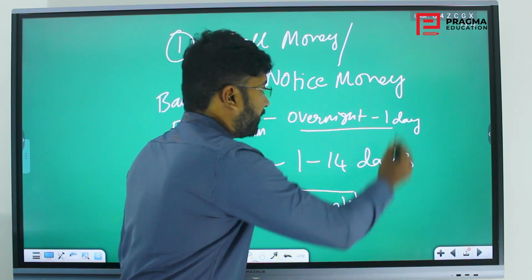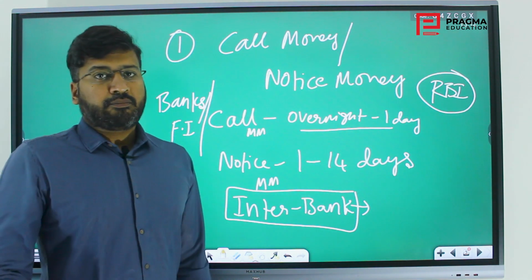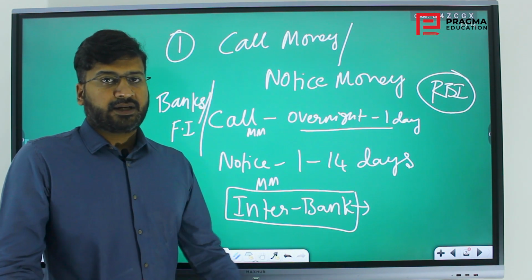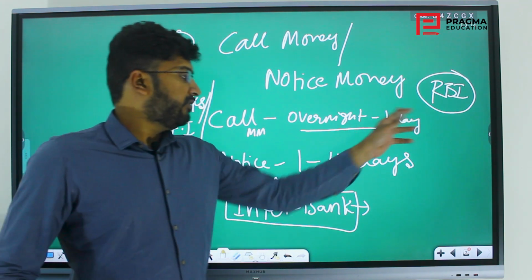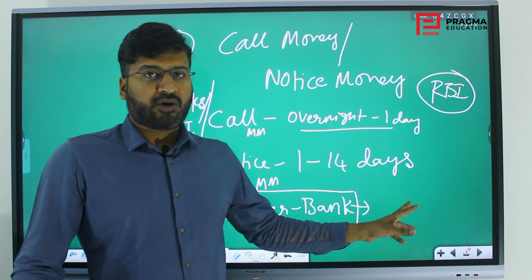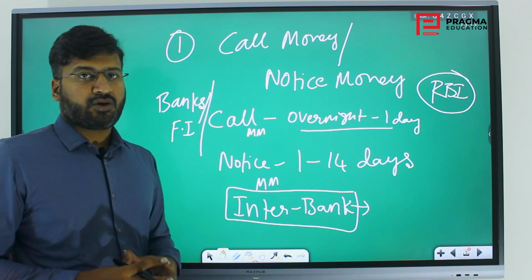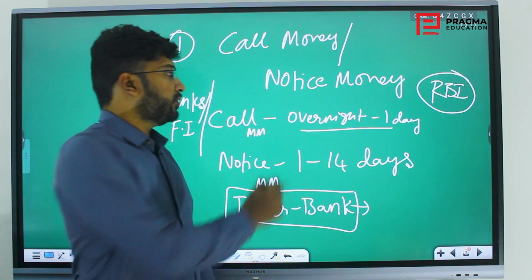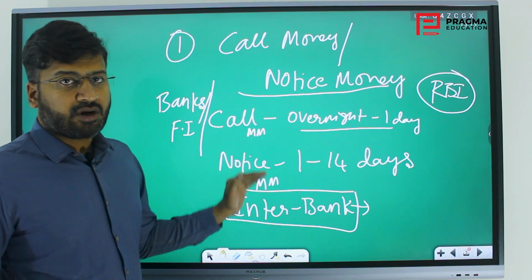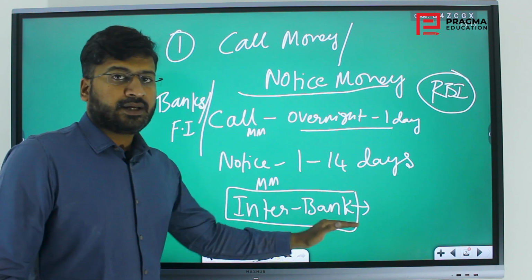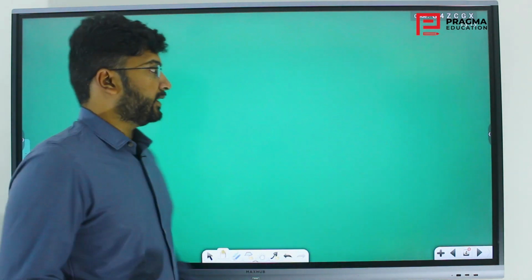This is essentially interbank. Who gives money to the bank? That is RBI, the Central Bank of India. The central authority for banking and money and financial systems is the Reserve Bank of India. Reserve Bank of India will give money to the banks, or they can also lend and borrow from other banks. So it is essentially an interbank phenomenon or interbank concept, generally not observable to individuals. There may be a very easy question on this, differentiating what is call money and notice money, or regarding this interbank concept, which can be trickily asked.